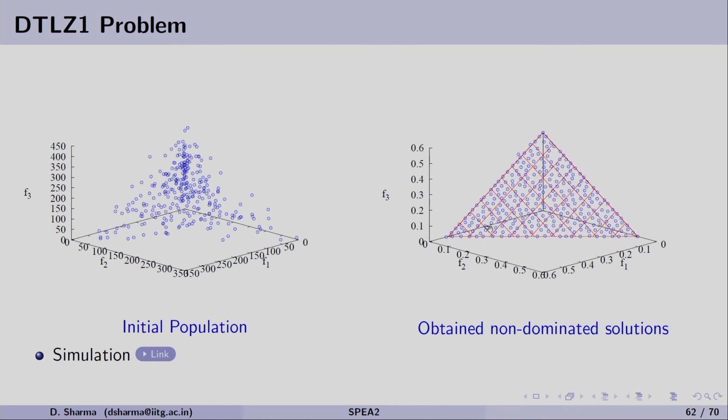After running for 500 generations, we can see on the right hand side figure that all these solutions are converged to the Pareto surface, and we have good diversity among the solutions. Now we will see the simulation of SPEA2 for DTLZ1.